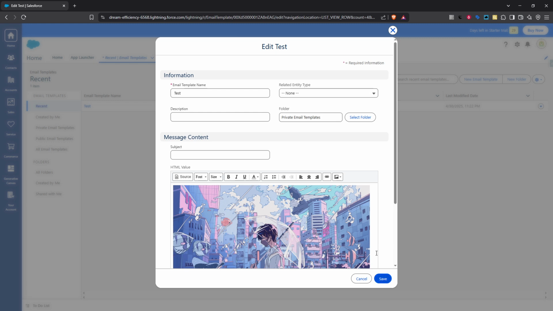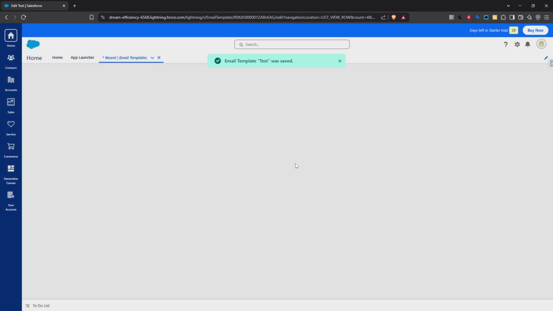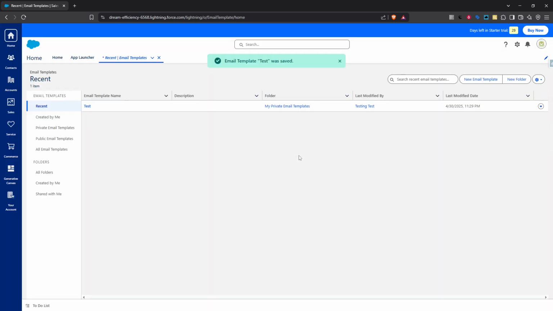It's a straightforward process, but one that can dramatically enhance the effectiveness of your emails. By following these steps, you can add a spark of creativity to your communications, making them not only informative but